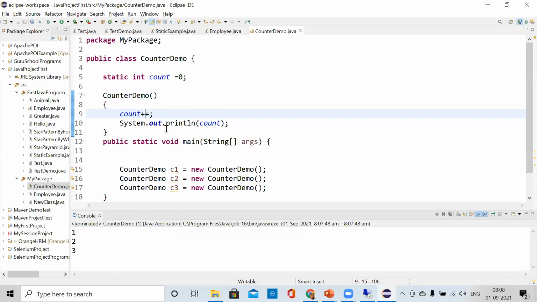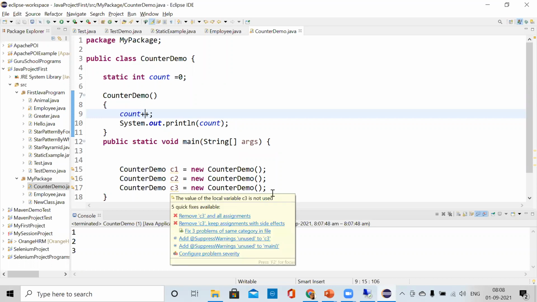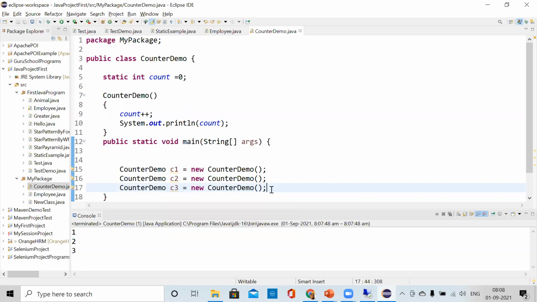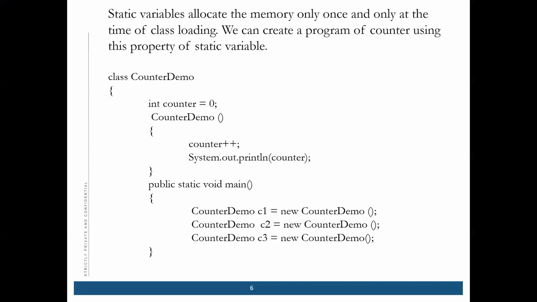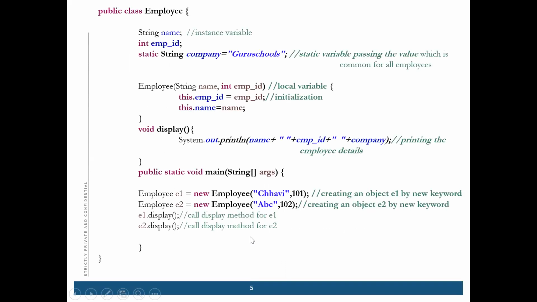So what is the use of this? We can count how many times we have created the object. We can create as many objects as we like, and since this is static, we can count them.